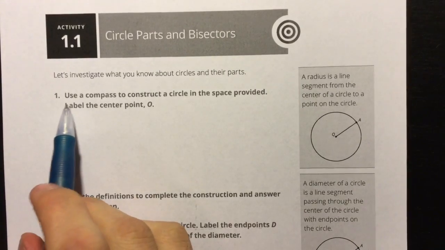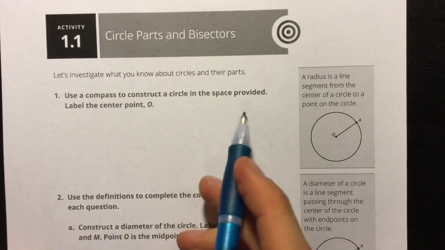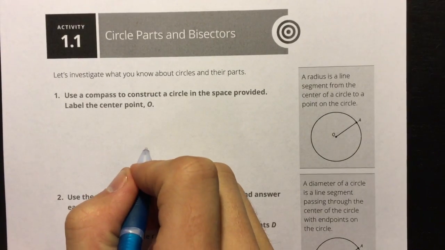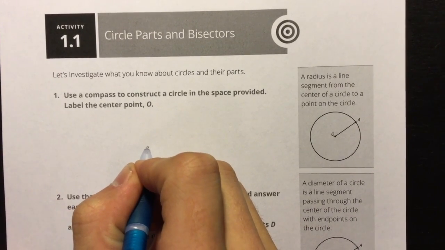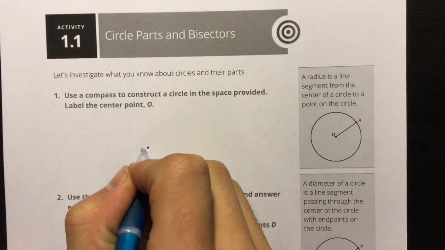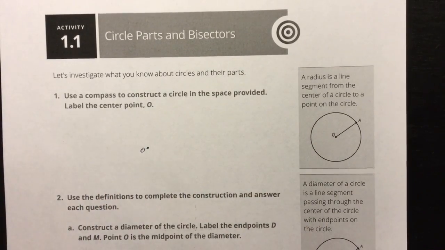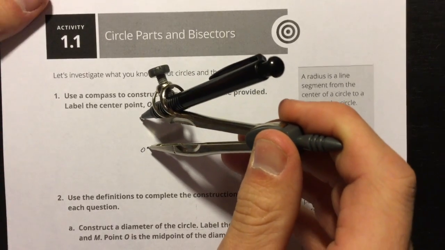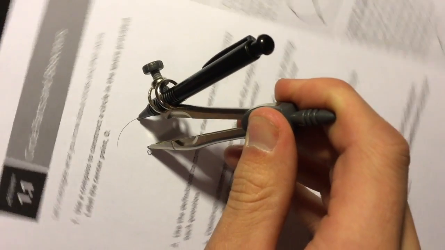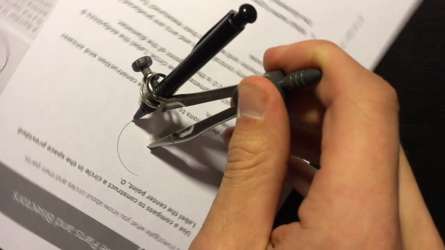So question 1 says, use a compass to construct a circle in the space provided. Label the center point O. So there's a couple ways you can do this. You could draw the circle first and then label the center point. I'm going to go ahead and do the center point first, and then I'm going to do my circle around it. So when you're drawing a circle, remember you just want the center of your compass to be,